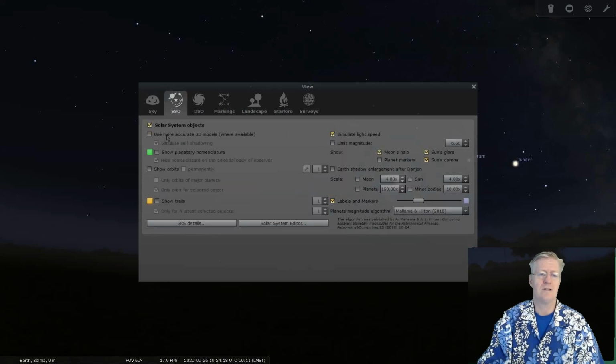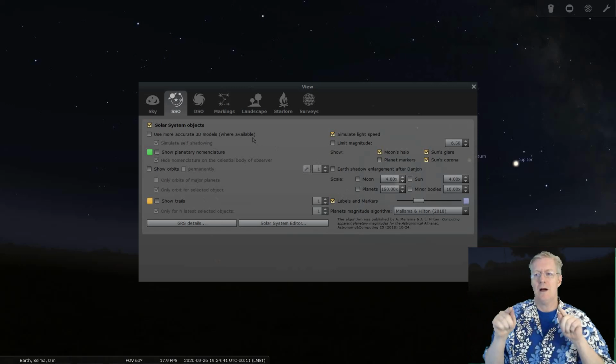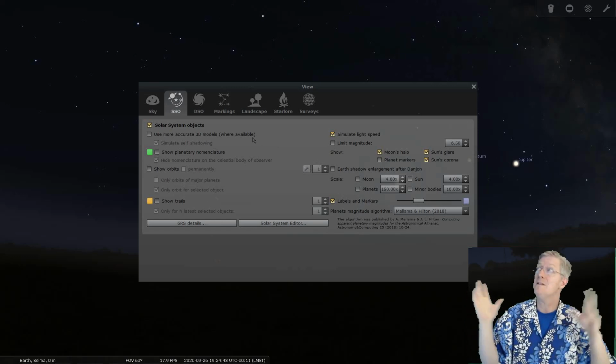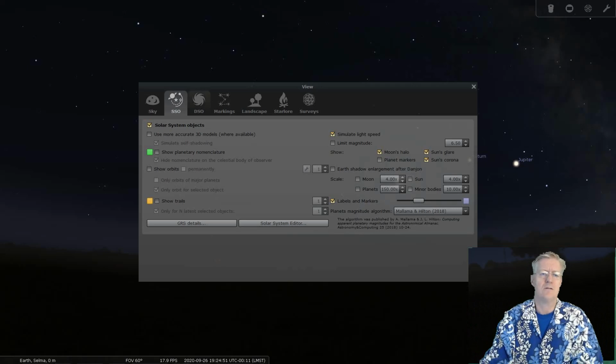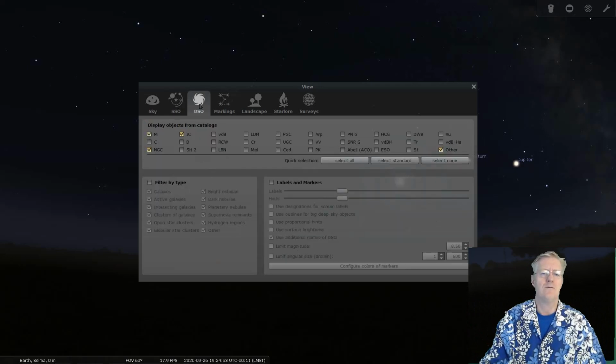The next one we have is the solar system objects. That's if you want to see the asteroids, the planets, the moons, and all that. You can label that, or you can leave off the labels. So there's all the settings for this. We're going to be zooming in on Mars and Jupiter here in just a minute and show you some of the great detail that you can see. And I'm also going to do it with the web version. This is the app version that I'm in right now. You'll notice that the web version is a little bit different when you zoom in on objects, which might be interesting for you there.